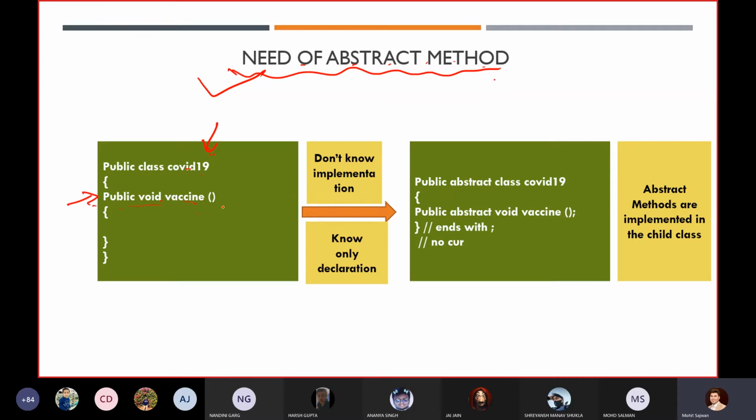At that moment you know the overall overview of that particular class. You know you have to create a class and a method, and that method should return the void data type. It should not return anything, and it should be public. So these are the overview of that method or class you already know, but you don't know the